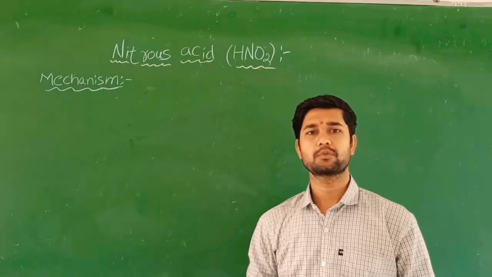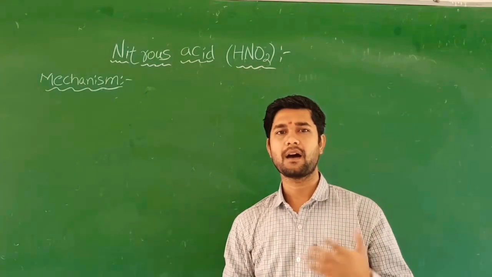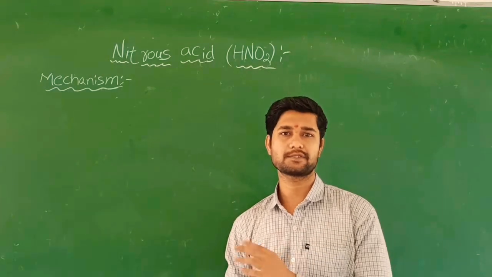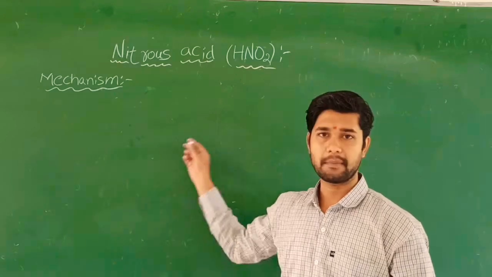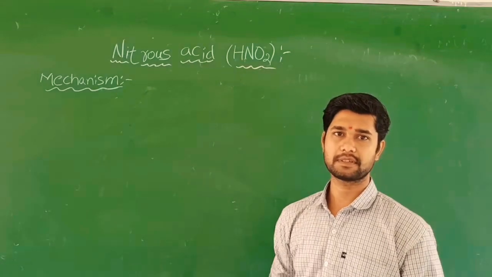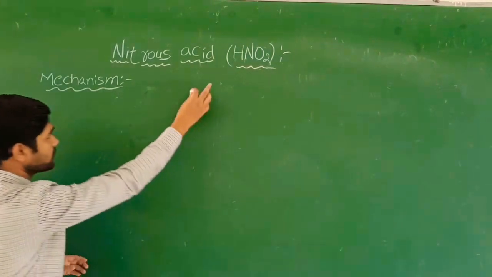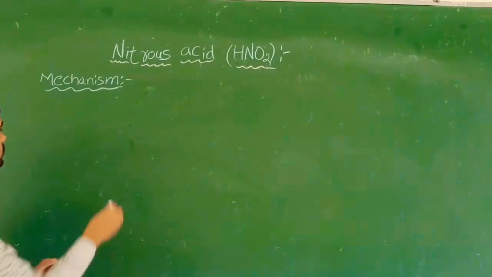amines. And here I am going to take primary amines as RNH2. Simply I write RNH2, where R is aliphatic or aromatic. Let's see the mechanism. I am going to write the first step of this one. Okay, so here I am going to write the structure of this HNO2.